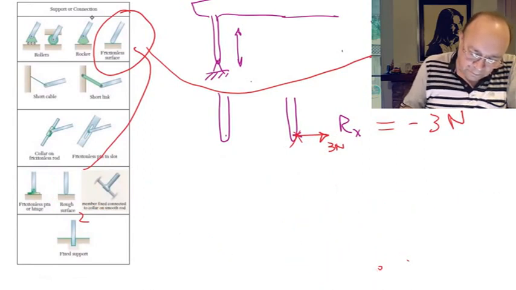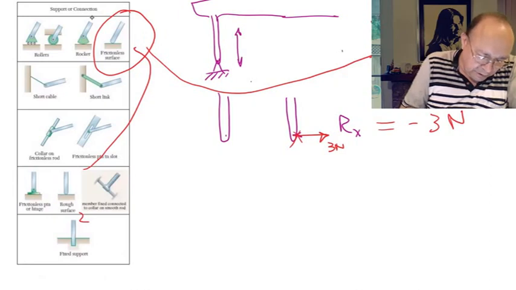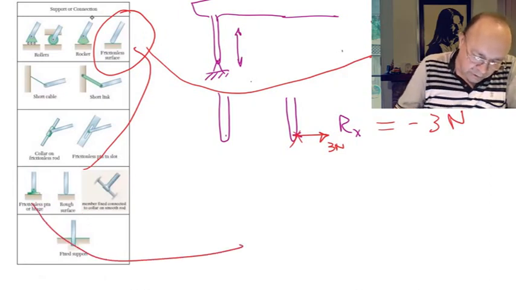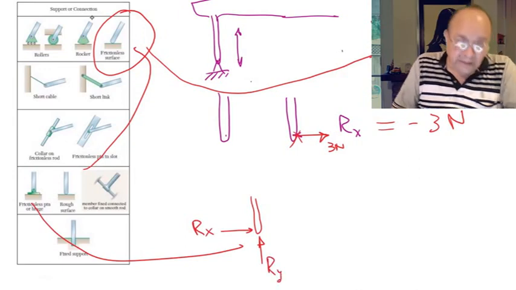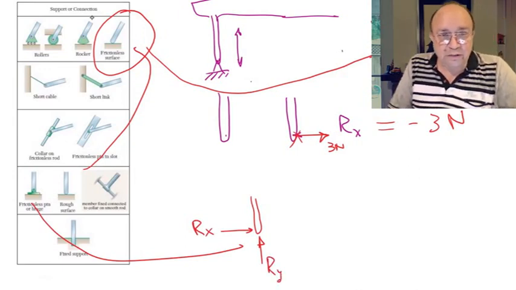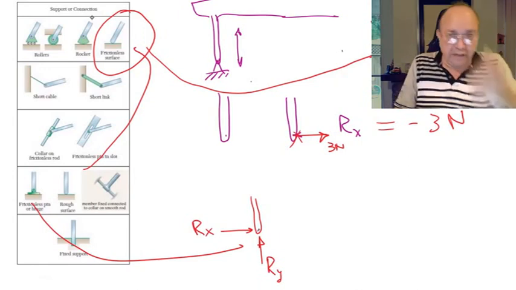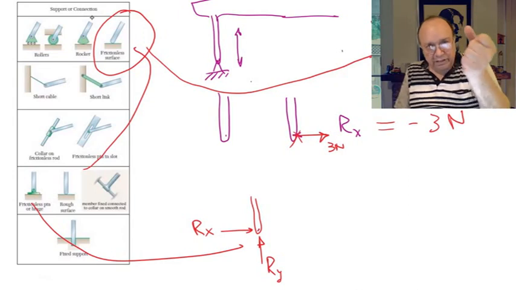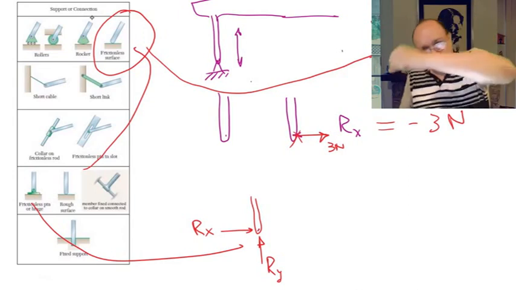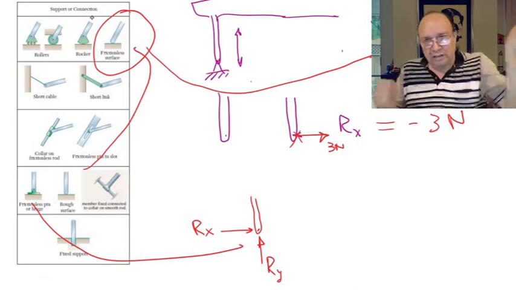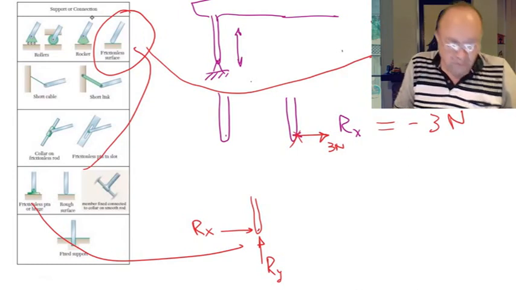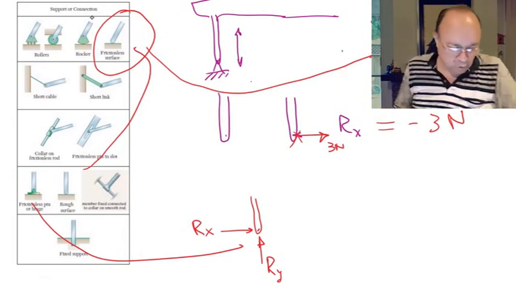So this one right here, you have the element and it can apply a reaction in the vertical direction and a reaction in the horizontal direction, but it doesn't apply any moment reaction, because if you want to rotate, since there is a pin here, you can rotate that. If there is a tendency to move in a rotation fashion around the pin, it's going to happen. There is no construction here able to apply any moment there.